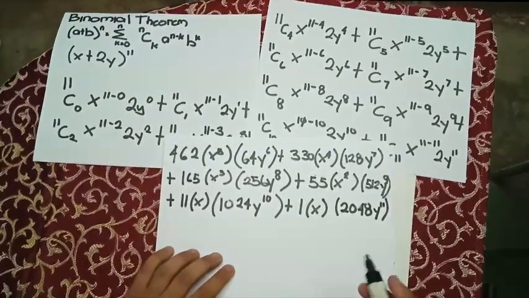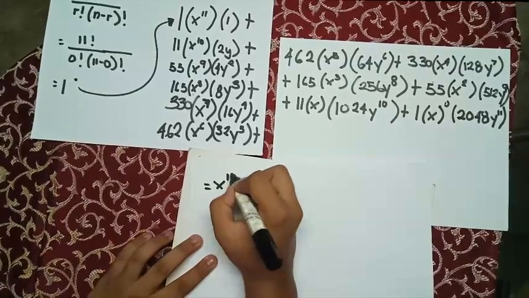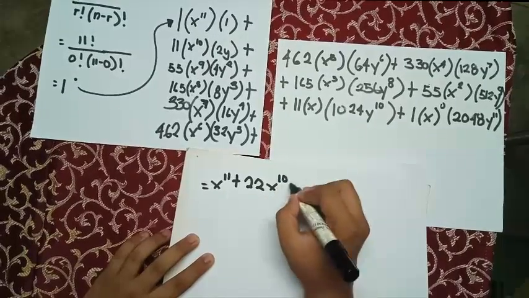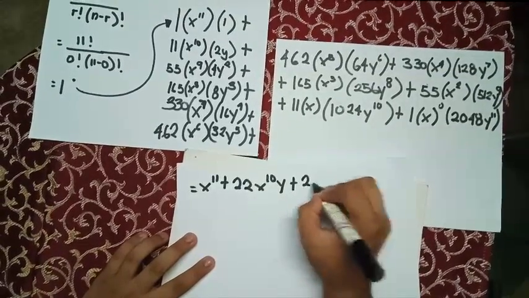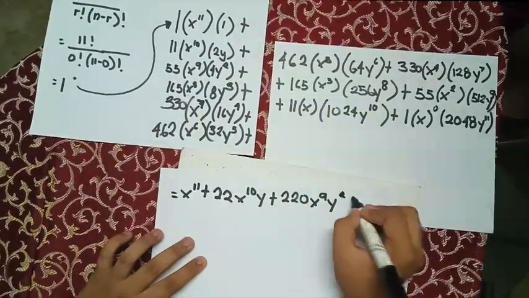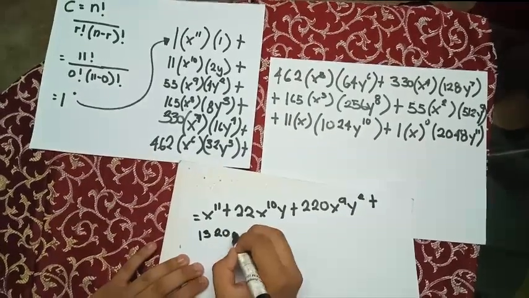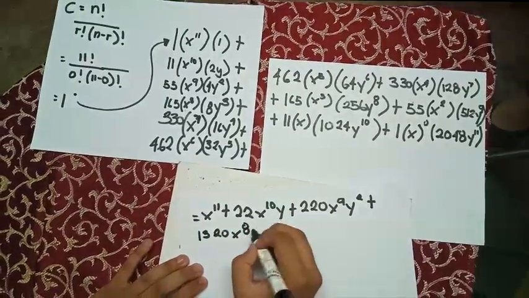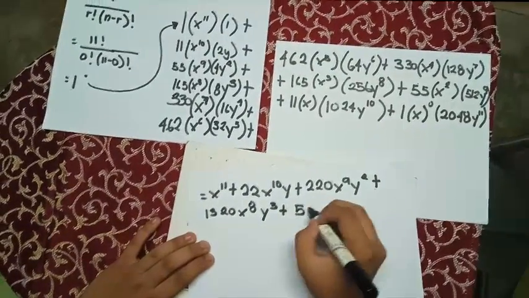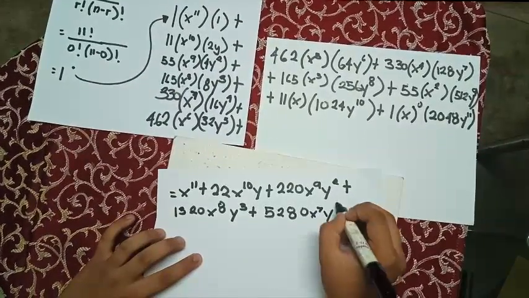And after that, distribute. That equals x raised to 11 plus 22x raised to 10 y plus 220x raised to 9 y squared plus 1320 x raised to 8 y cubed plus 5280 x raised to 7 y raised to 4 plus